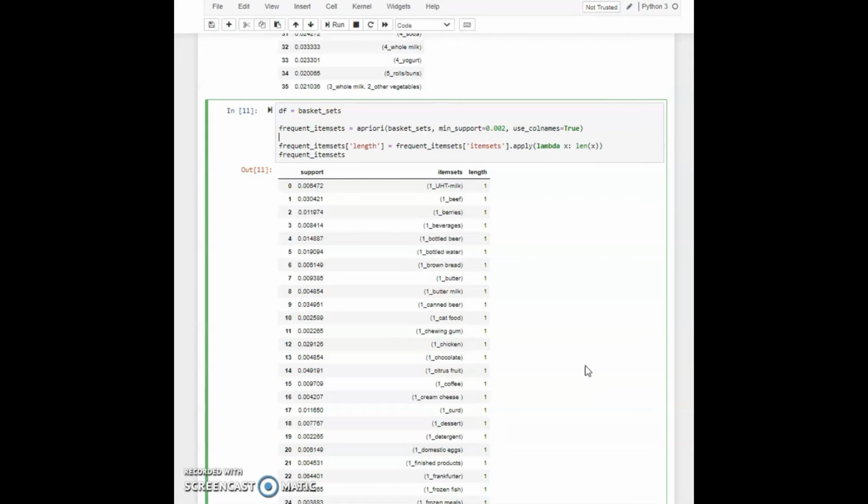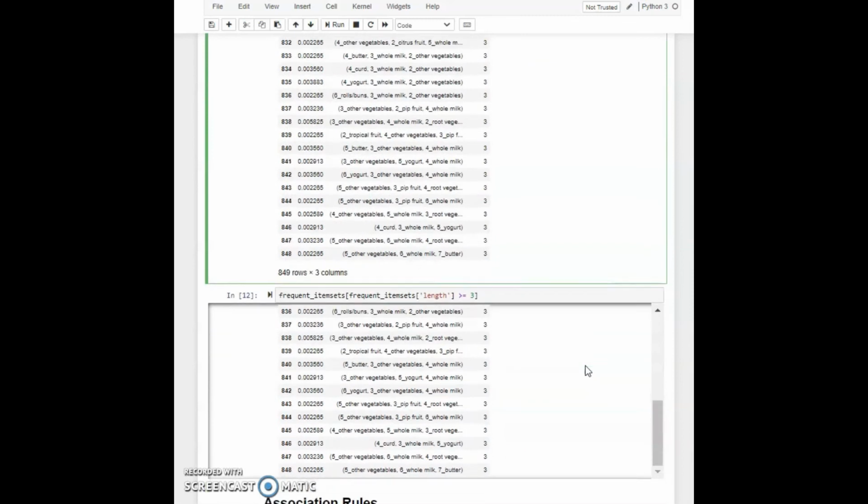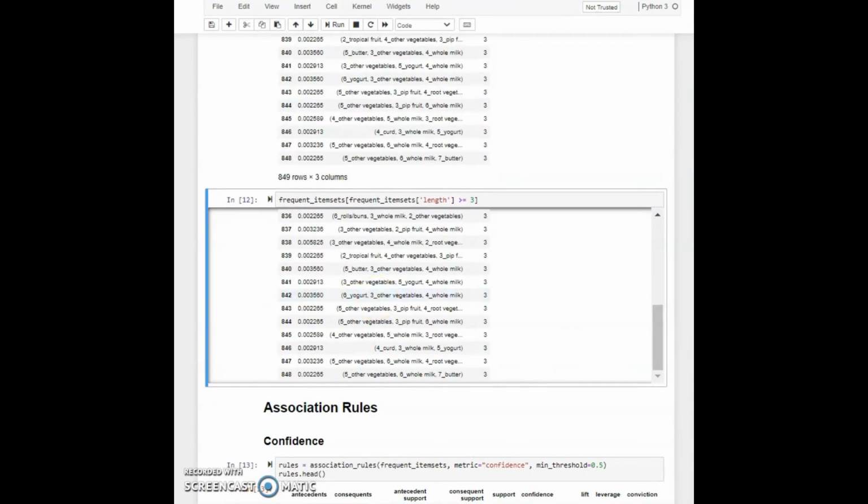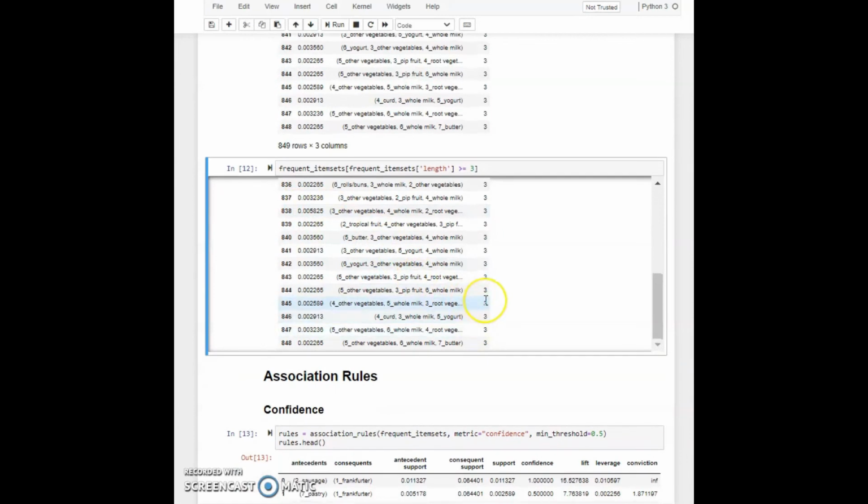So let's filter these out so that we have only item combinations of 3 or more. To do that, let's go to cell 12. And here we are going to create a filter where length is greater than 3. So what you are seeing here are the combinations of 3 items that are frequently purchased together.